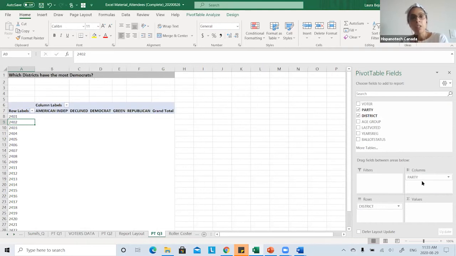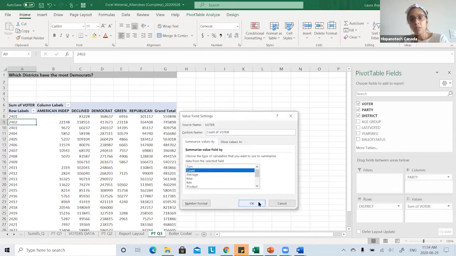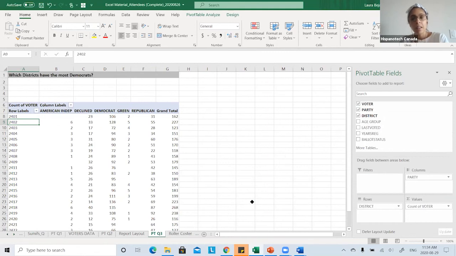Okay. And which district has the most Democrats? So it's asking me the most. So the most is like a higher number, right? So a count, higher number of voters. So I need to count how many voters in order to know which one is the highest number. Again, I change it to count. Okay. So to know the highest number by party,